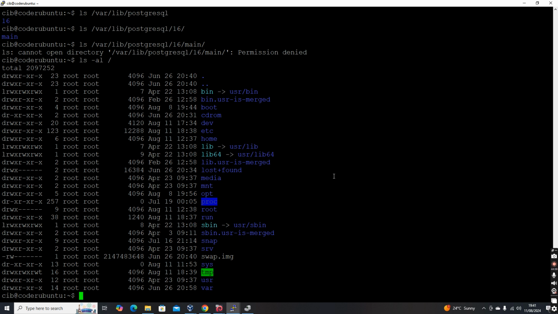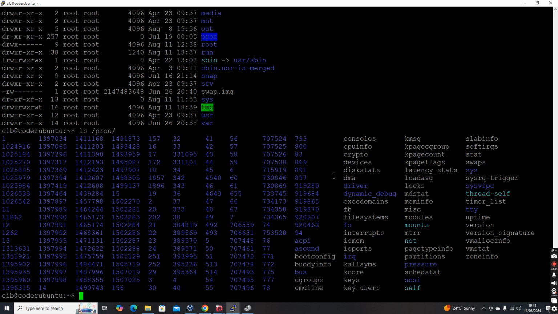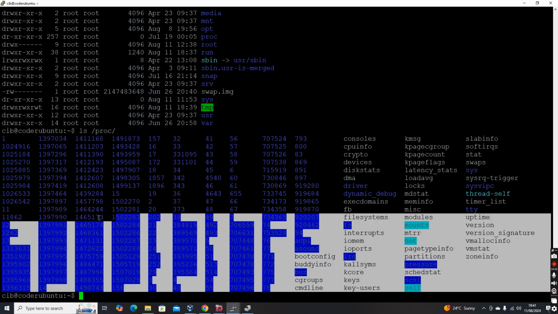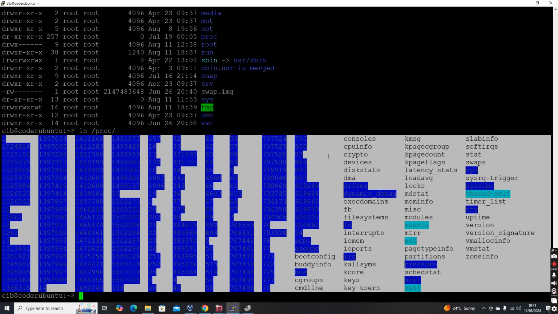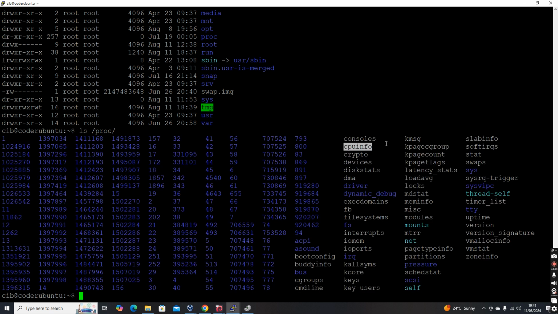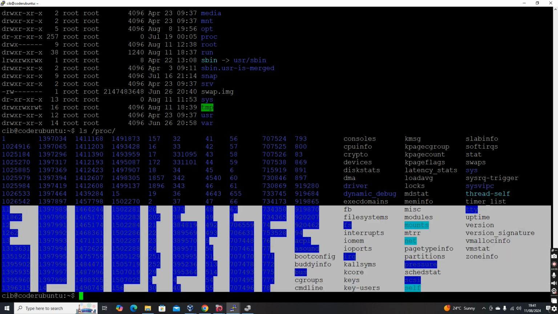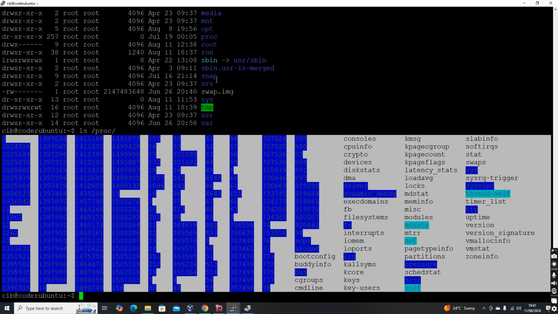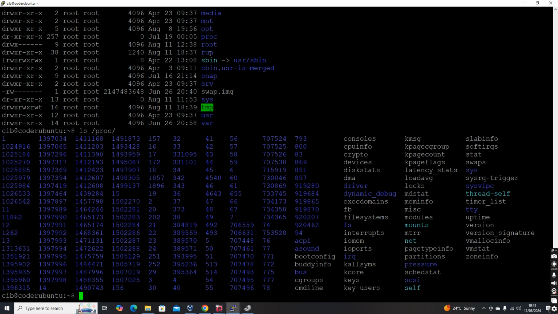/proc is again a system directory. Under /proc you will see the CPU info, mem info, and several other system related files. Some of the files under this get dynamically updated when you boot the system or when some parameters change in the system. This is something users won't directly interact with; it is kept within the system.